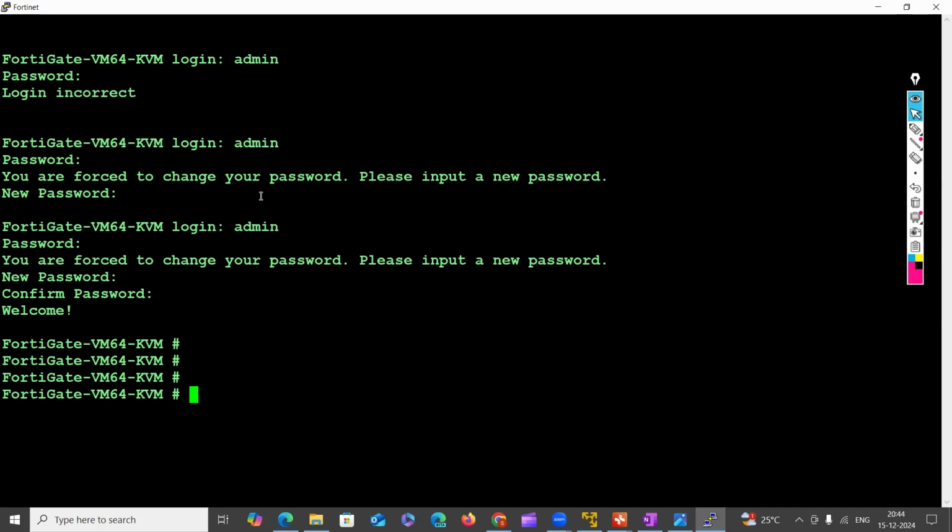Now if I log out, exit from the console, and try to log in, it will ask for the password once again. So now in my firewall, this is a CLI. In the CLI console right now, I am in a